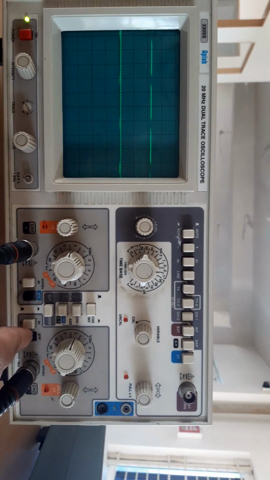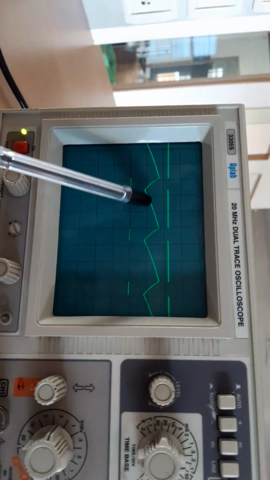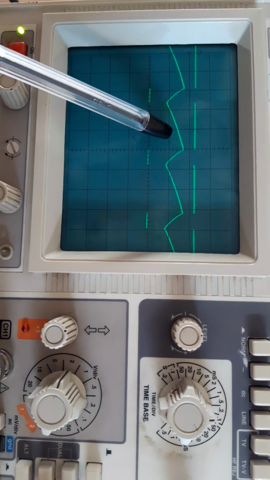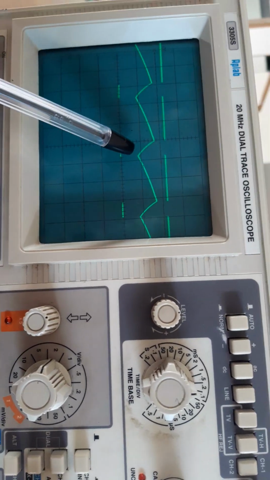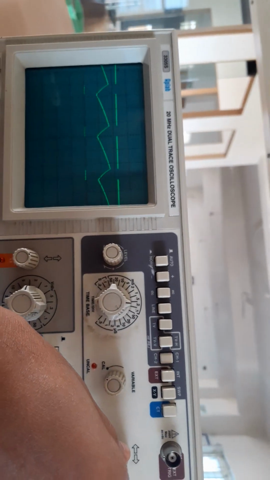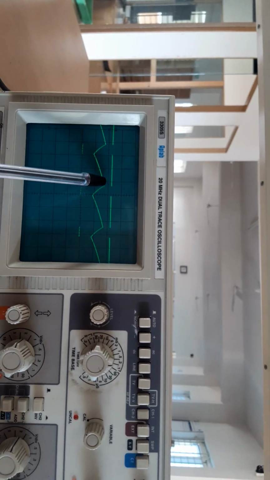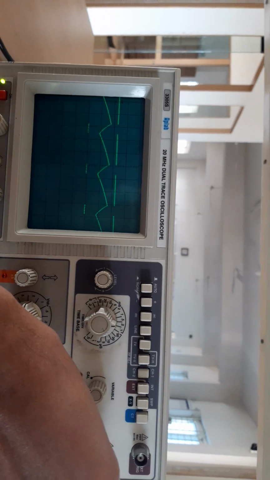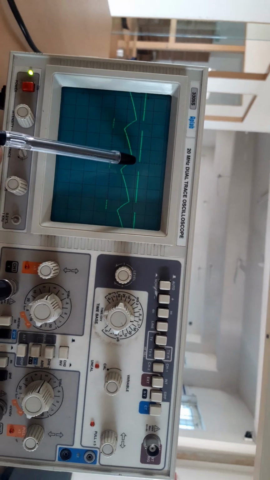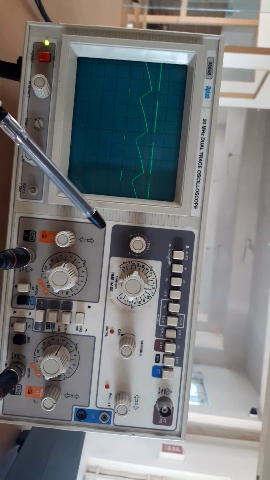Initially it was at 0. When I release this one, the lower threshold will move to 1/3 of VCC, whereas the upper threshold will move to 2/3 of VCC. Since VCC we have taken 5 volts, 1/3 of 5 volts is around 1.66 volts. So it can be observed here. The lower threshold is nearly 1.7 volts, and the upper threshold is 2/3 of VCC, and we can see here the value is 3.3. So here it is 1.7, 1.7 into 2, that is 3.4; 3.35 approximately we are getting here.